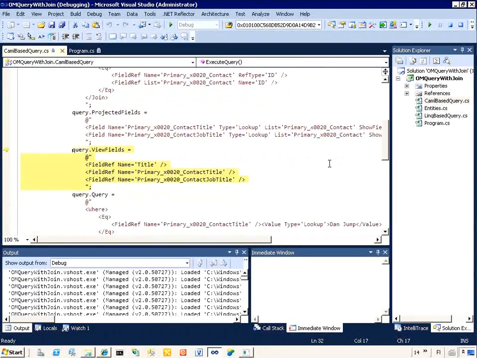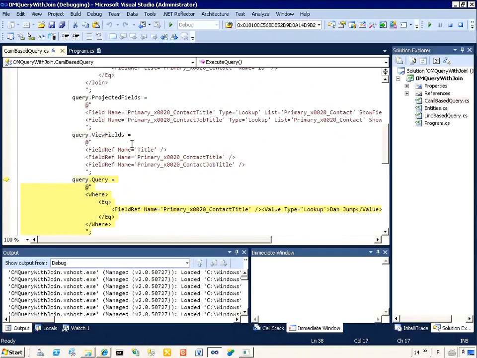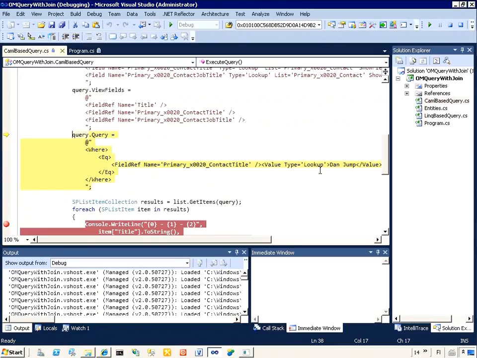And then we can say which of the fields we are actually interested in, as in the view fields. The title is coming from the project list, and the primary contact title is coming from the employees list, and the job title from the employee list as well. And then we have the query, which is restricting the results only to those where the primary contact title, basically the name of the primary contact, is Dan Jump. We are doing a query against the project list,